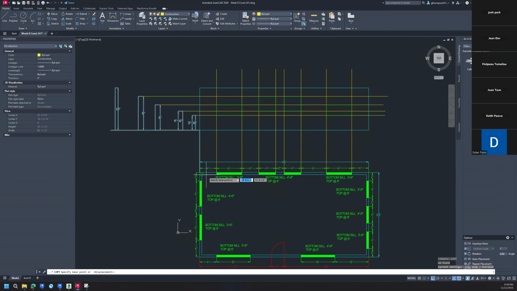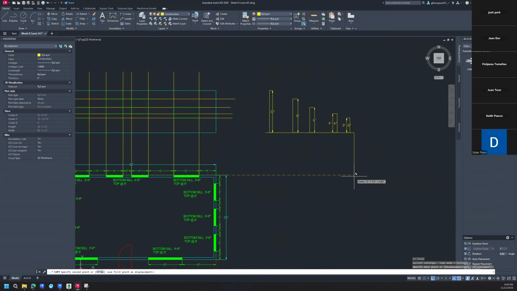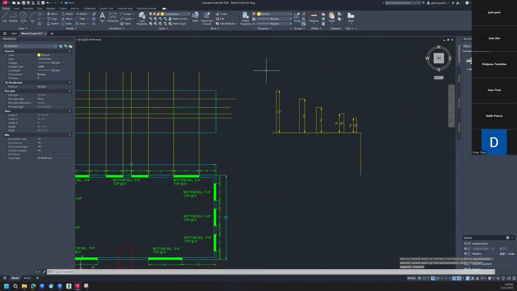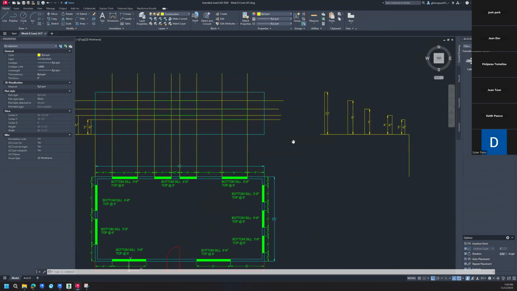I'm going to go ahead and copy it, and I'm just going to copy it straight to the right past everything. I don't care where it ends up. I'm going to rotate it and realign it. But this way, you can select all of this without having to go and deselect or select lines through this profile view. So once I've got that copied over,